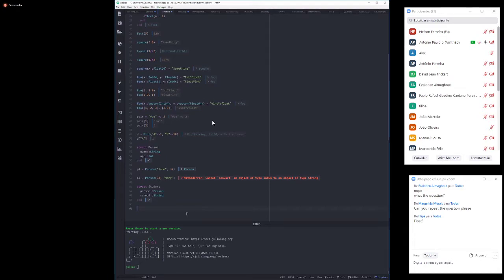Obviously now the syntax becomes kind of annoying because if I want to create my student, I will have to also create the person that is the student. So let's say that we have here Peter, and Peter is 16 years old, and he studies in some St. Mary's school or whatever. Okay, so I get my student,